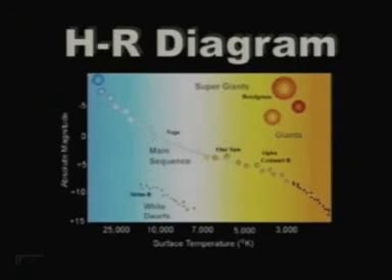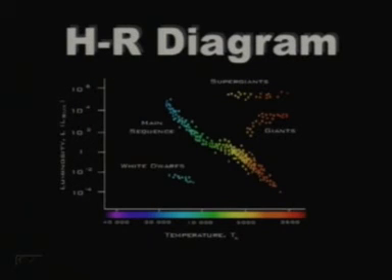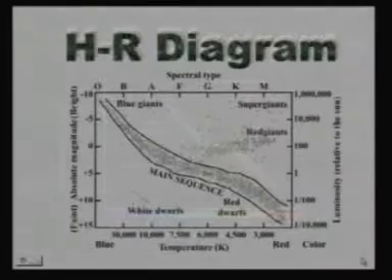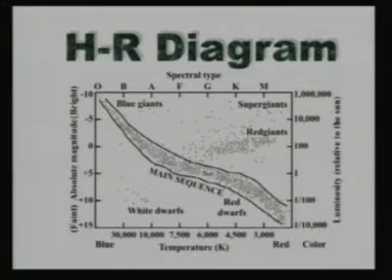But the important thing is that the stars fall very neatly into various groups: supergiants, giants, main sequence, and white dwarfs. And in between these groups, there are very few stars. Again, you see the same thing. We have supergiants at the top, then red giants, and then the main sequence, and then again at the bottom we have white dwarfs. Let me also give you additional information about this diagram. This is a very useful diagram.